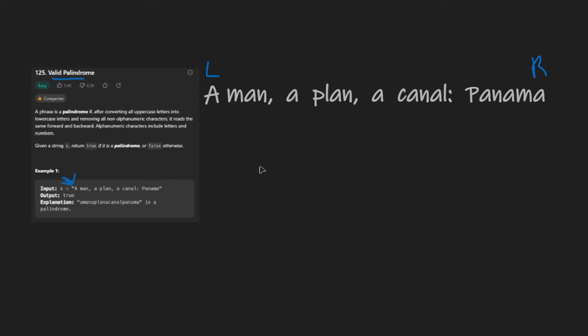Then we're going to check if the character at the left and the character at the right is an alphanumeric value. Alphanumeric meaning lowercase a through lowercase z, uppercase A through uppercase Z, and 0 through 9, right? These are all valid alphanumeric